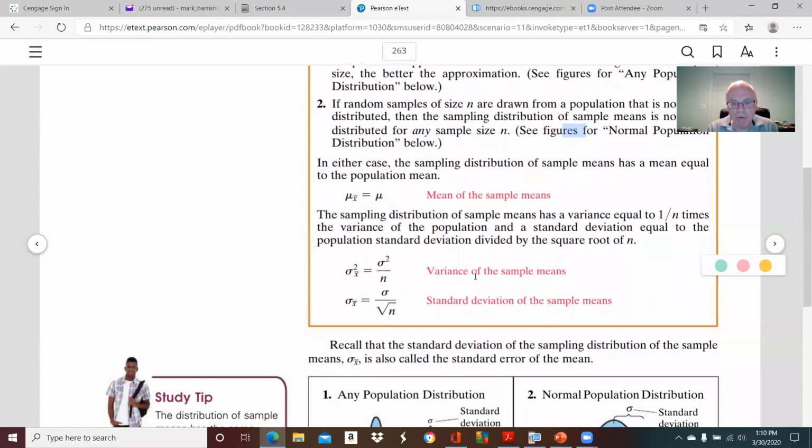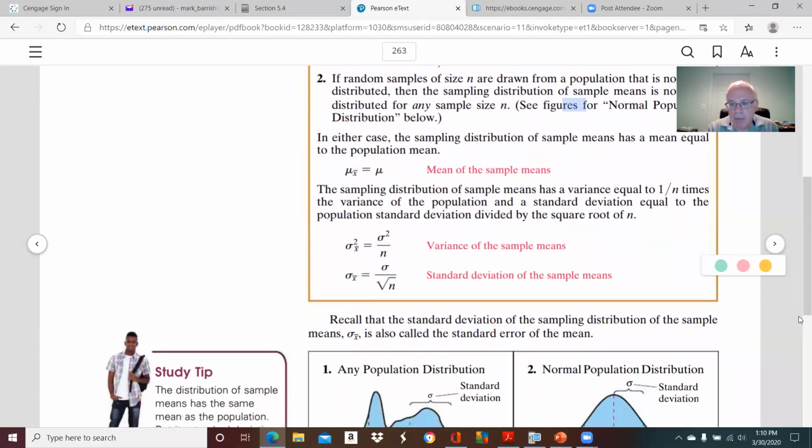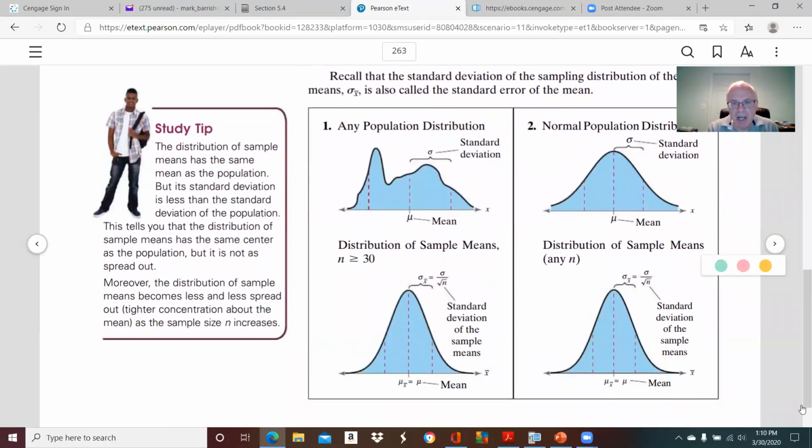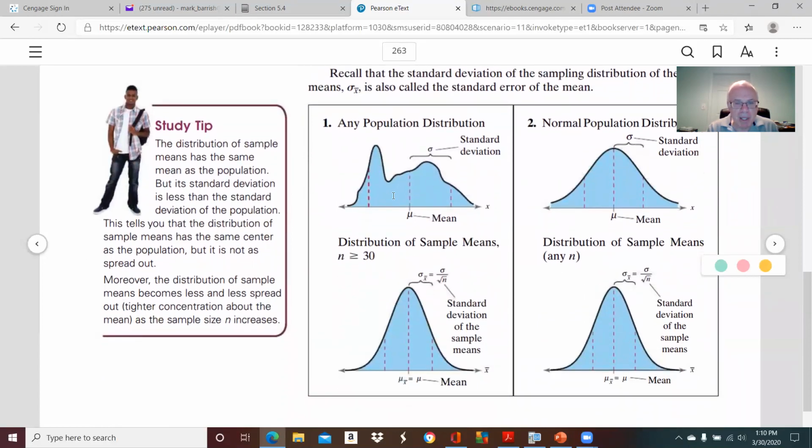And again, here are our two formulas. And once again, they give you examples, humorous examples. Here's a population that looks like somebody lying on their back, snoring. This is their nose, and this is their mouth. This obviously is not normally distributed, but the sampling distribution would be normally distributed as long as n is at